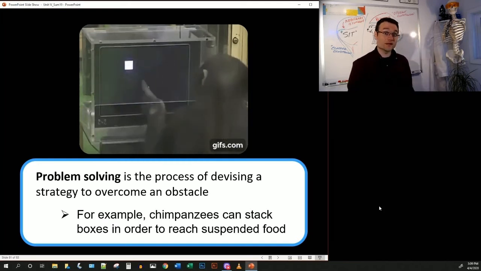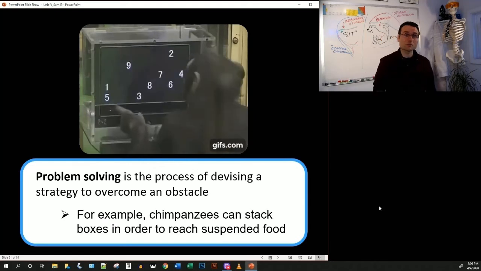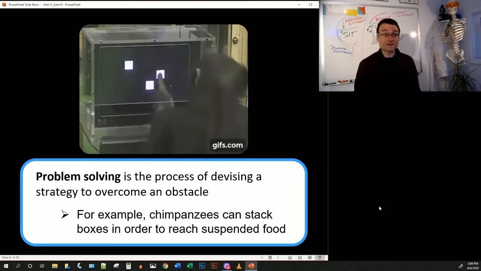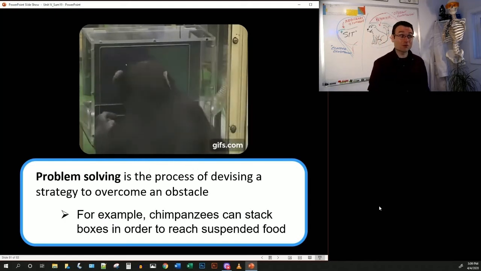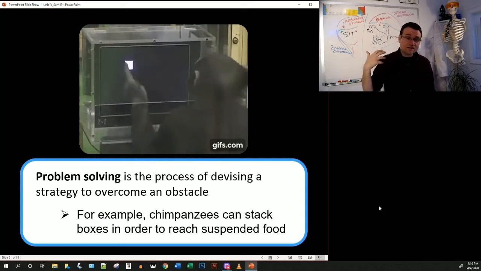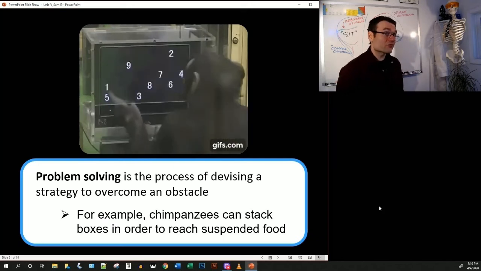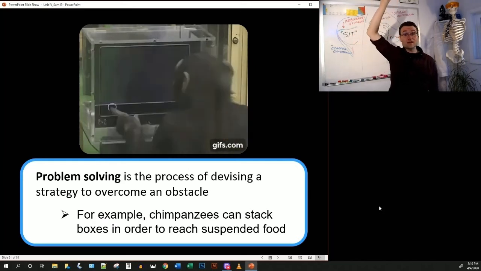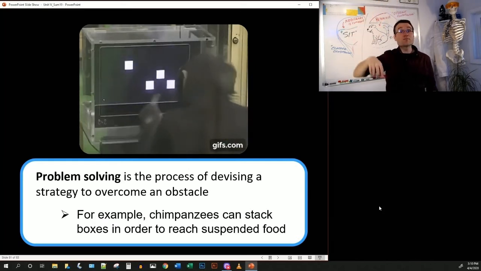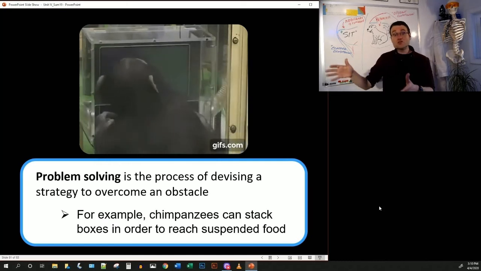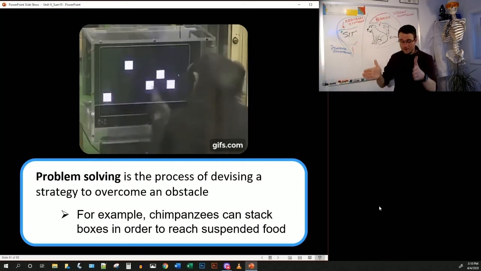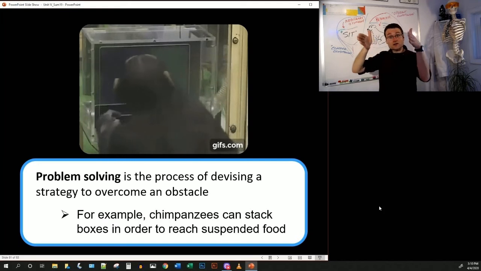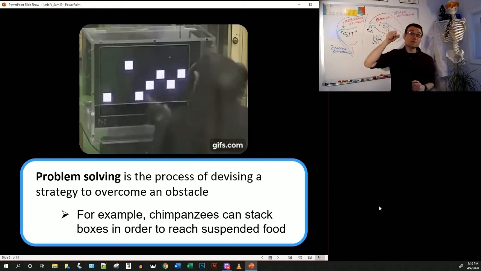And it's a little bit of enrichment as well. There's a little bit of fun in problem solving, and I think most of us would be able to relate to that. Chimpanzees can solve other kinds of interesting problems as well. If you were to suspend a banana from the ceiling, right, so that they couldn't reach it, but you leave some boxes in the room, chimpanzees will pick up those boxes and they will place them, stacking them one on top of the other on top of the other, and then climb them to get the banana.